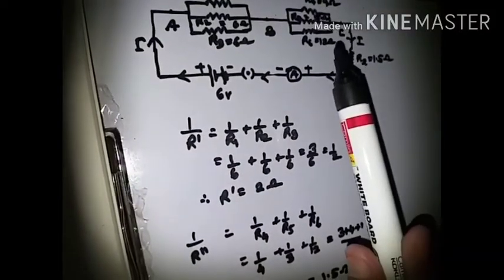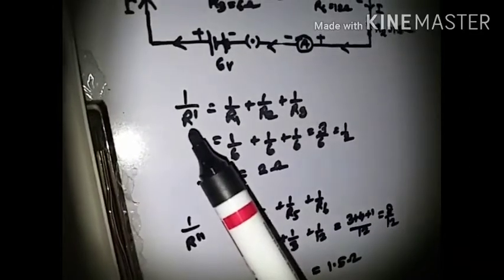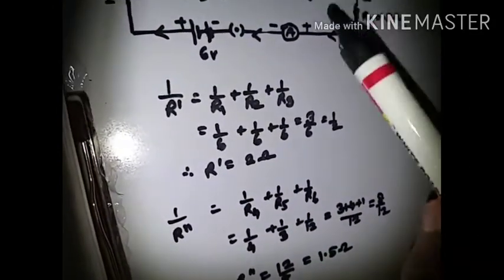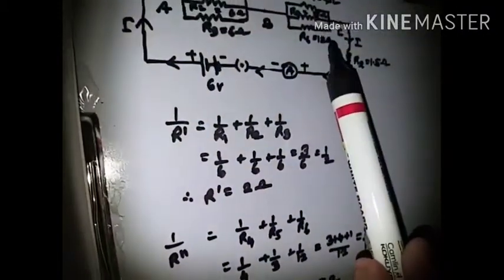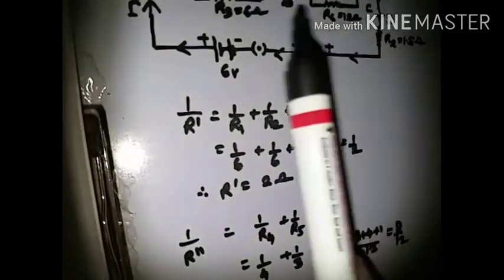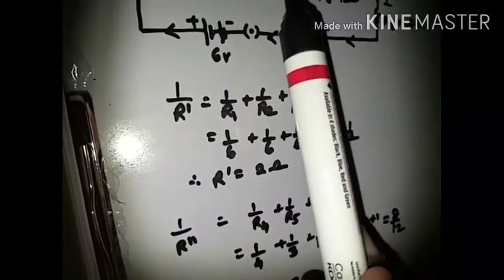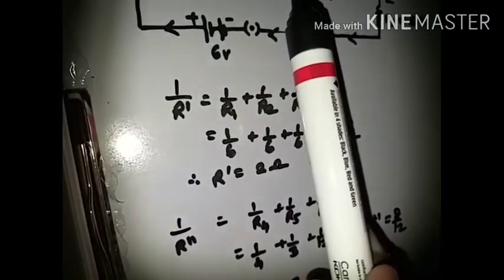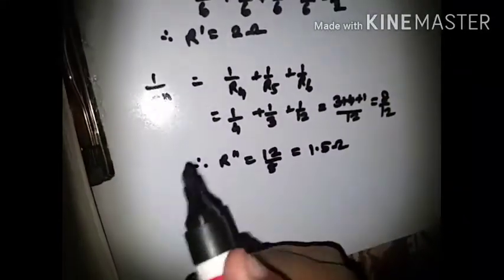Now in total we are having 3 different resistors, R dash, R double dash and R7. R dash is 2 ohms, R double dash is 1.5 ohm and R7 is already given in the question as 1.5 ohm. So in order to find out the equivalent resistance of the circuit, we have to join all these. Now all these 3 resistors are actually connected in series. So